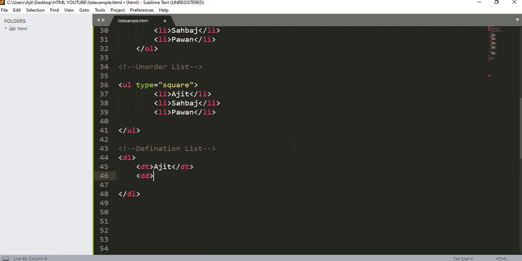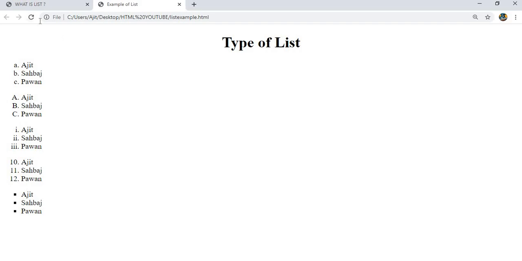Let me write, he is a game developer. Fine. Close this particular tag. Ctrl S. Let's see whether it is coming or not. Yes, within this section Ajit, he is a game developer. That is the definition.